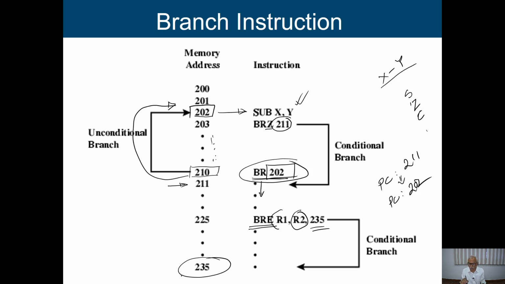So now, to implement our conditional instructions, we have to provide some branch instructions in our processor. And what are those instructions? Here, branch on 0 is a conditional branch instruction. This is a branch, which is an unconditional branch. This is branch on equal, which is another conditional instruction. So depending on our requirement, we have to provide some conditional instructions in our processor. Okay. When we discuss the control unit design, we'll see how we are going to design such types of instructions.